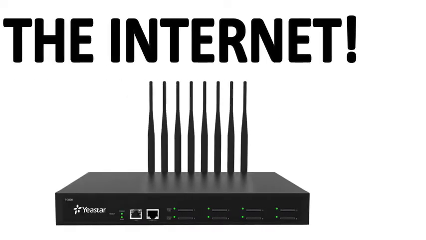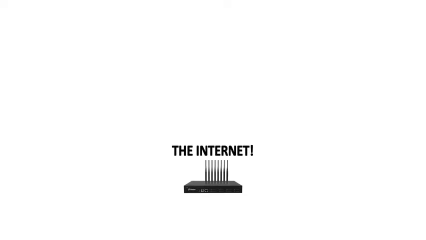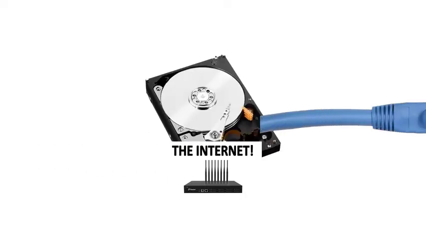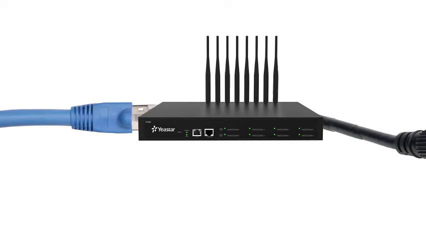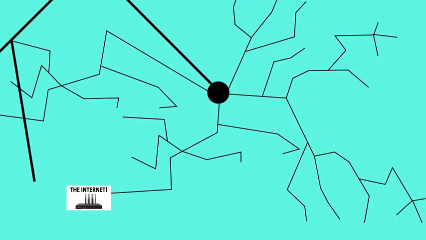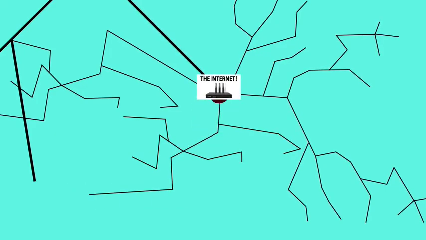So to review, let's take a look at what happened to get this video to play through your monitor and speakers. When I finished making this video, I told it to upload to YouTube. The sequence of electrical charges that compose my video were sent from my computer's hard drive through my Ethernet cable to get to my gateway. Then from my gateway, they traveled through the coaxial cable and onto the Tier 3 network in my town, which led them to a Tier 3 data center.